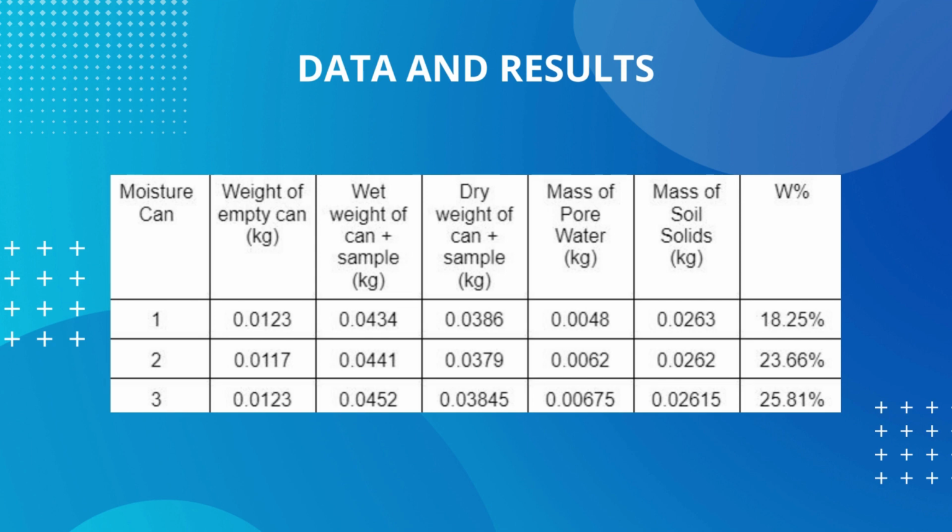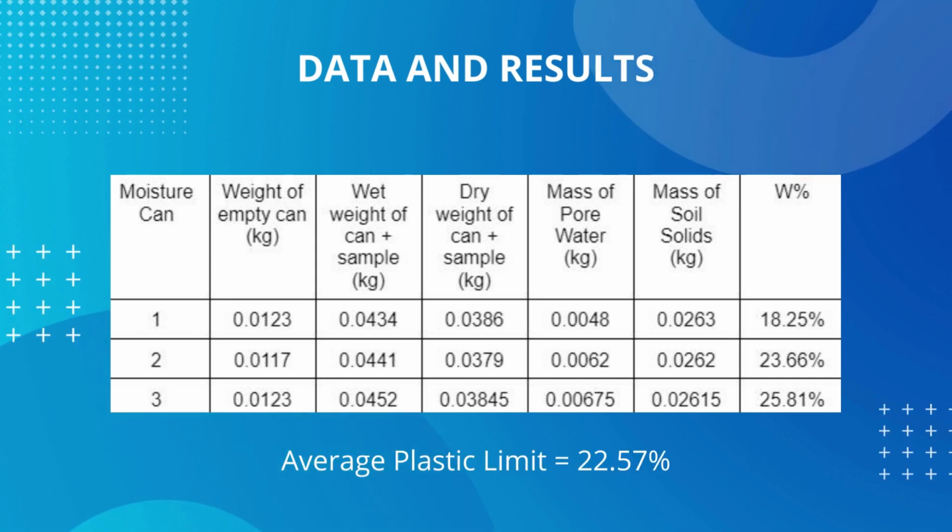For the moisture content, the formula is weight of water over the weight of oven-dried soil or sample, multiplied by 100. The moisture content is as follows: 18.25% for trial 1, 23.66% for trial 2, and 25.81% for trial 3. Lastly, we got the average plastic limit by getting the average of the moisture content, and the average plastic limit is